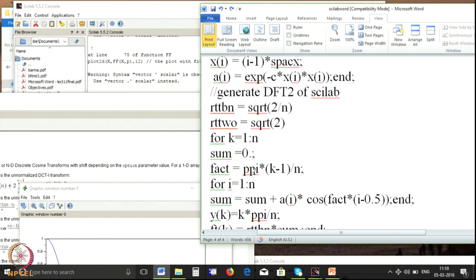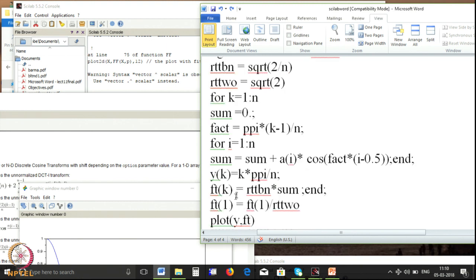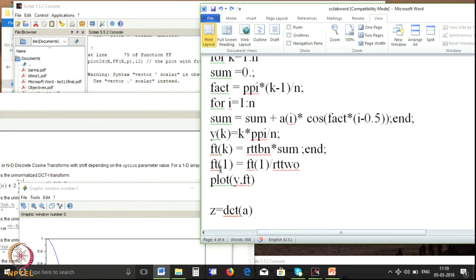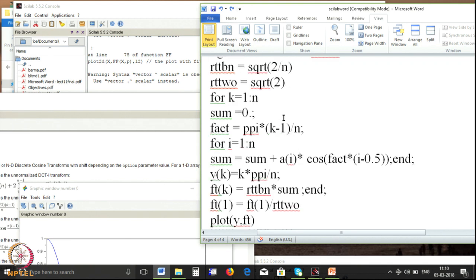This factor is pi into k minus 1 by n, and then the integrand was ai into cos of I minus half into k minus 1 divided by n into pi. So, I have exactly calculated this by my own program. I did not use the Scilab function, I used exactly my own program.